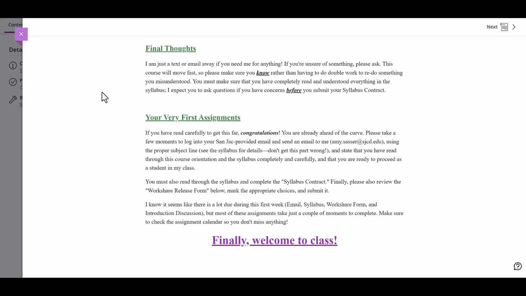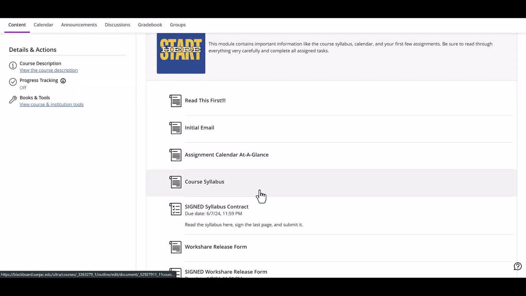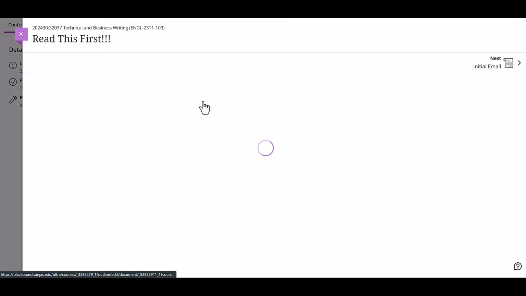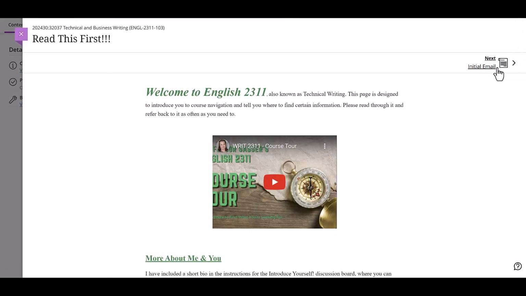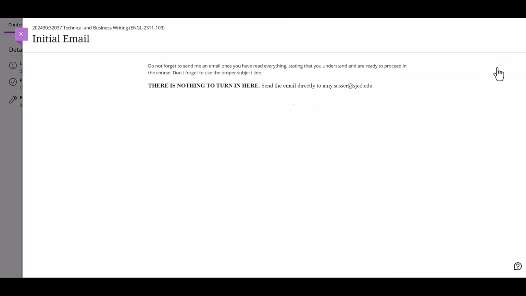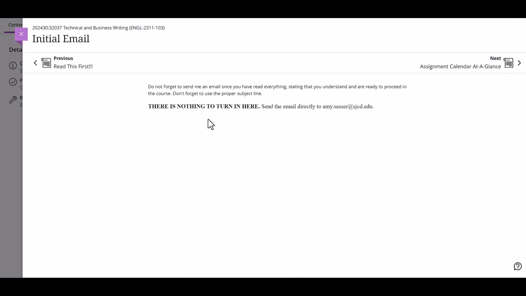Once you're done with a page, you can click the purple X to close the overlay and go back to the main menu, or you can click Next at the top right to go to the next thing on the list. As you can see, there's not much here. It's just a reminder that you need to send an email from your Sanjak email account. The next thing you'll see